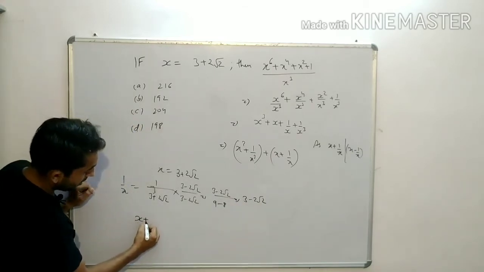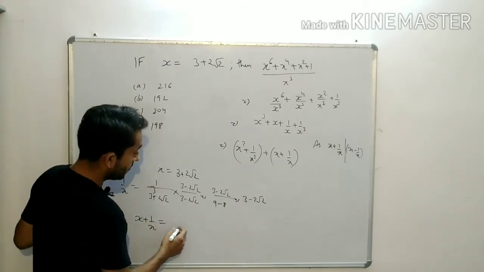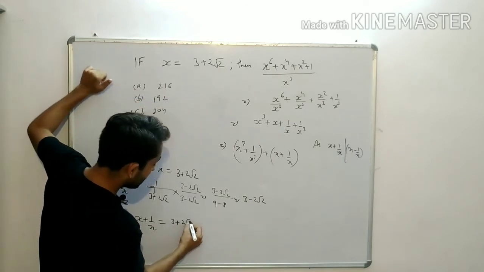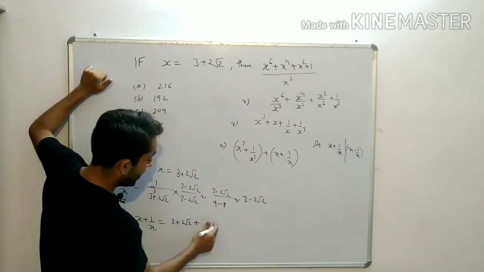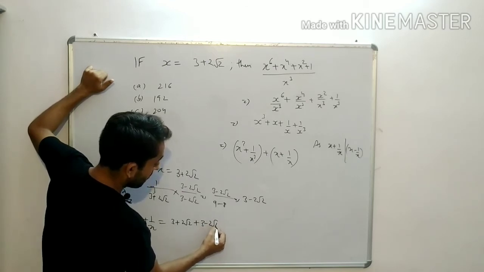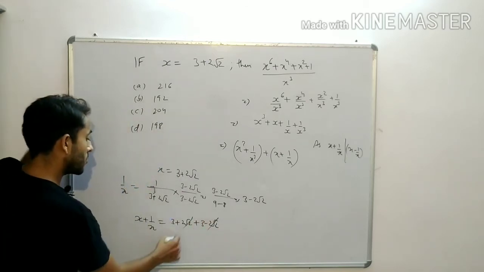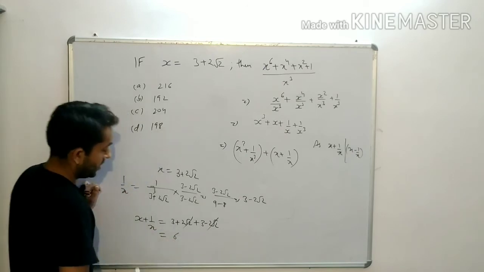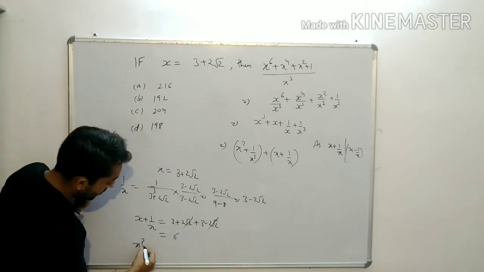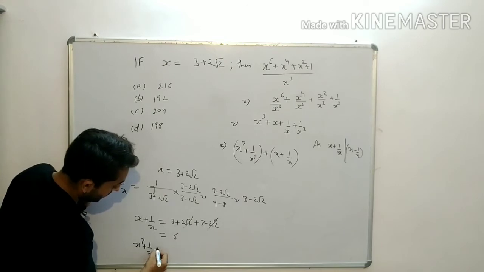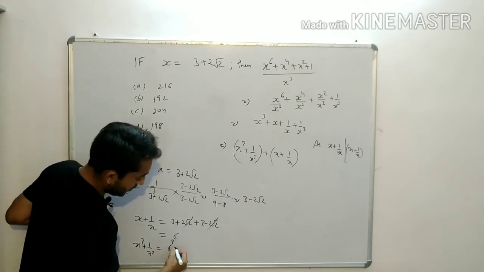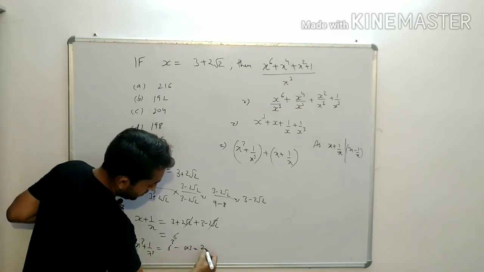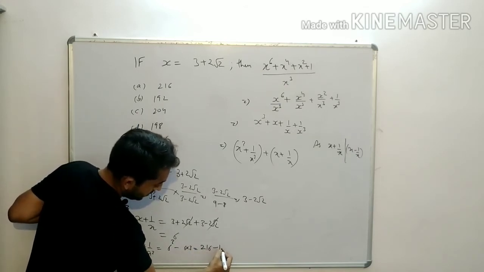So x plus 1 by x equal to 3 plus 2 root 2 plus 3 minus 2 root 2. 2 root 2 cancel, x plus 1 by x equal to 6. So we can easily find out x cube plus 1 by x cube. This is 6 cube minus 3 multiplied with 6, that is 216 minus 18,